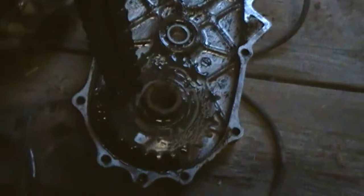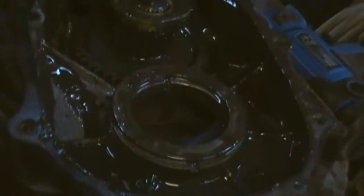Look at that filth. Oh, it's in great shape though. Not much wear on it. Oh, let's see if I could grab it. If you hold your chain like that and you look at the bend, that will tell you the wear of your chain. And as you can see, there's not much wear on this chain, and this chain is probably from 1983. So then there's the big sprocket that goes to your axle, and that chain goes up to this sprocket,